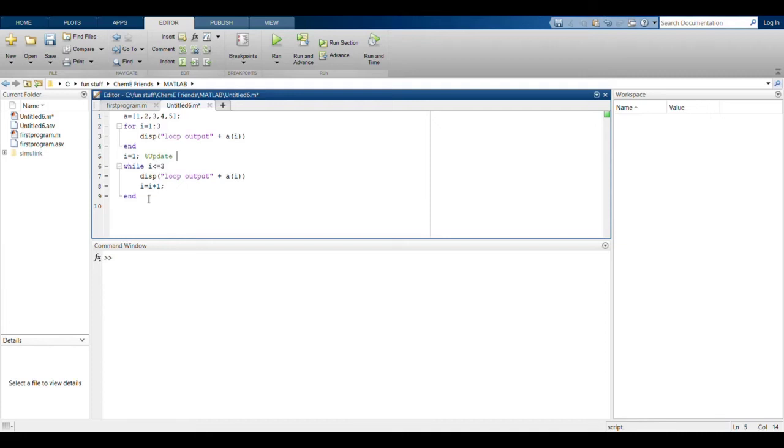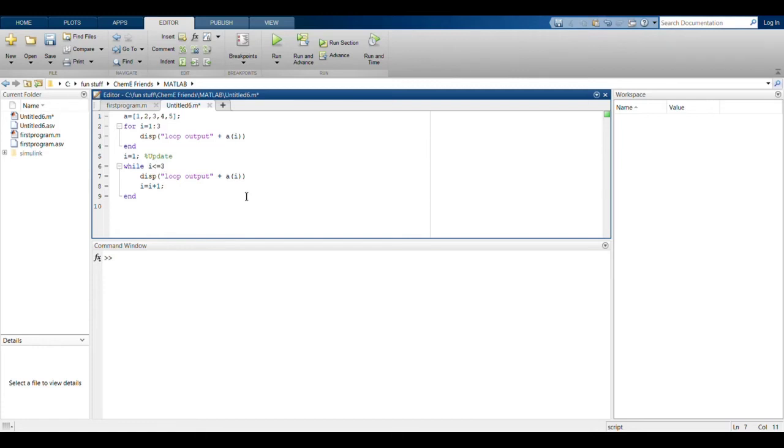So we are updating it by saying i equals 1 plus 1. So the previous value of i is 1, and when we update it, it becomes 1 plus 1. And in the next loop, the current value of i will be 2 because of the previous update. So i will become 3. And when it goes beyond 3, the while loop says, hey, i must be less than or equal to 3, and hence I will break this loop. So let's see what happens.